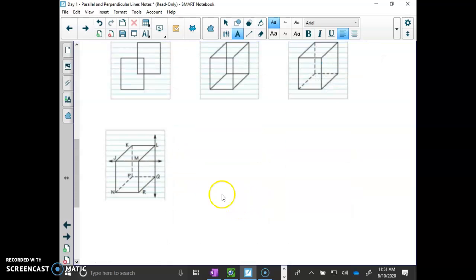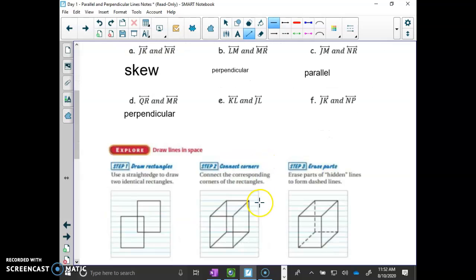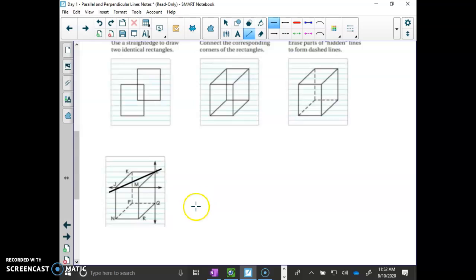KL with JL, there's KL. And what about JL? Is there even a line that goes from J to L? That's annoying, right? From J to L. Yeah, now there is. Is that okay? Sure it is. If I call it a line, you can think of the line in your head. A line is one of those undefined things, right? I mean, I can kind of tell you what it is and describe it to you, but your mind can